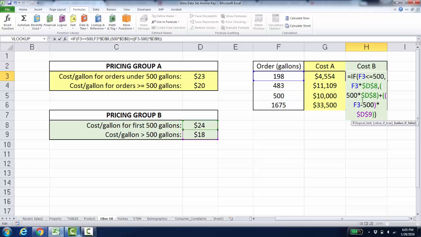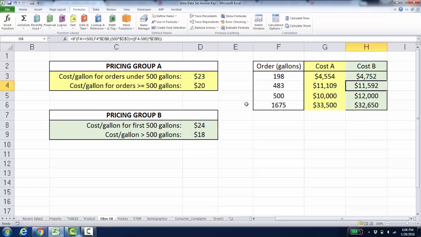And then we're going to add the value where we take F3 minus 500. So in this case, let's look at the bottom one. At 1675, when we take out 500, that leaves 1175. The 1175 will get multiplied by the value in D9. So when we hit enter, we get